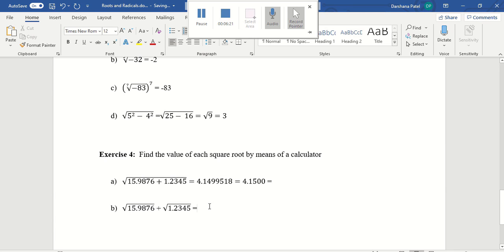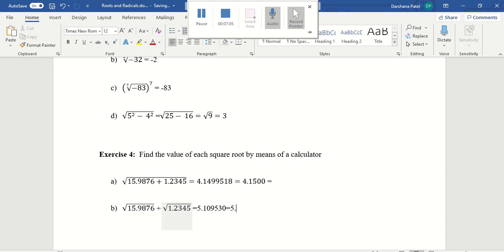Okay. And for the last one now, similar numbers, the difference is now it is separated. So if you were to separate them in your calculator, you'll do the first number, square root of 15.9876, plus the square root of 1.2345. The result we get is 5.109530, and the rounding rule again, look at the lowest number of significant digits in the question, which will be 5, or actually not lowest because we are adding at the end. So in this case, we should look at the number of decimal places. This has 4 decimal places, this has 4 decimal places. So our answer should have 4 decimal places.